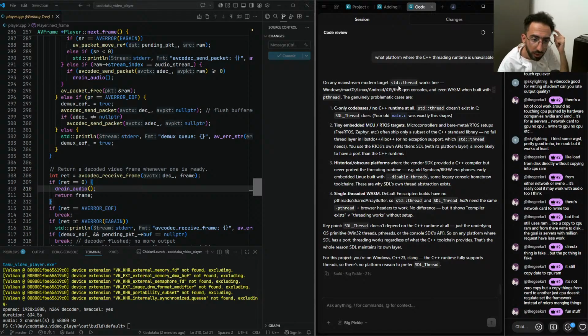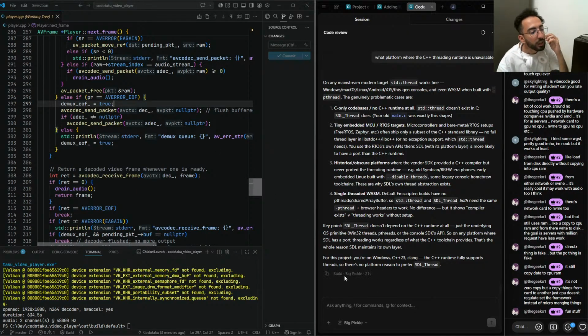Any mainstream modern target, STD thread works fine. Use the RTOS's own API there. Still, with this platform layer it's more like a Java port than the C++ runtime. Historical obscure platforms. Alright. Single-threaded WASM. Default Emscripten builds have no pthreads. Shared array buffer, so STD thread, and both need the same pthread plus browser headers to work. No difference, but it shows the compiler exists, threading works without setup. Alright, gotcha. Anyways,